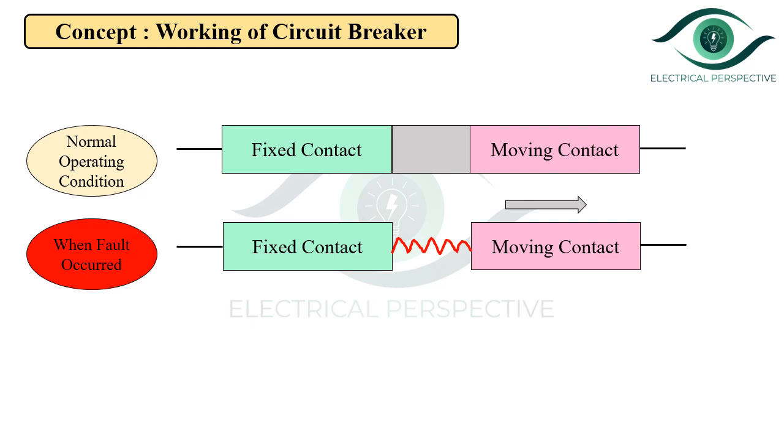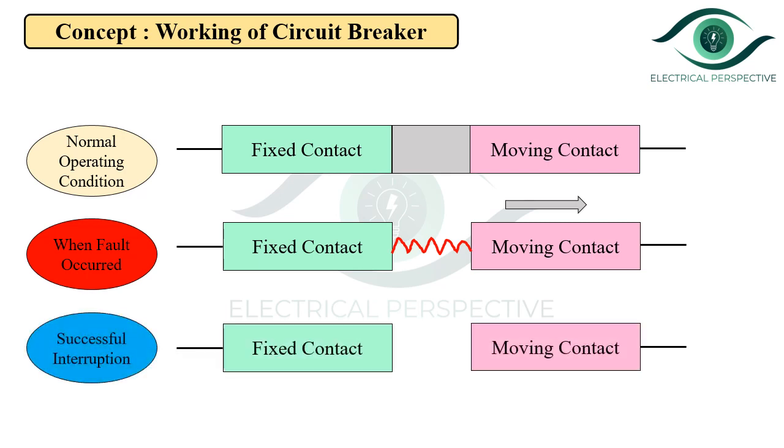Okay. So moving contact gets separated. When the moving contact gets separated, there is a formation of arc between these two contacts. At this point, although these contacts are physically separated, but electrically they are not separated because current can flow through the arc. Okay. Now after some time, the arc gets extinguished with some arc quenching medium, and finally fixed and the moving contacts get separated physically as well as electrically, and thus the faulty part gets isolated.